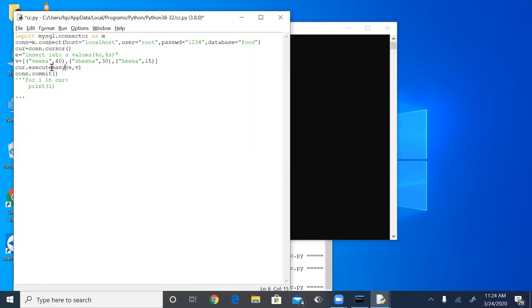For that I have to change the execute function, because a single execute function executes one single statement at a time, and the executemany function will execute multiple statements. If we want to insert multiple entries, then it will execute them.